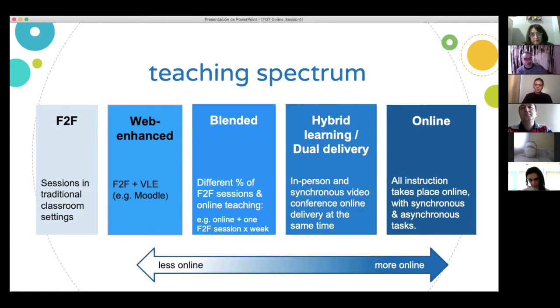Also, online exams and tests are not enough to reflect all students' knowledge gained. So I think it will be proper for us to apply blended or hybrid learning.